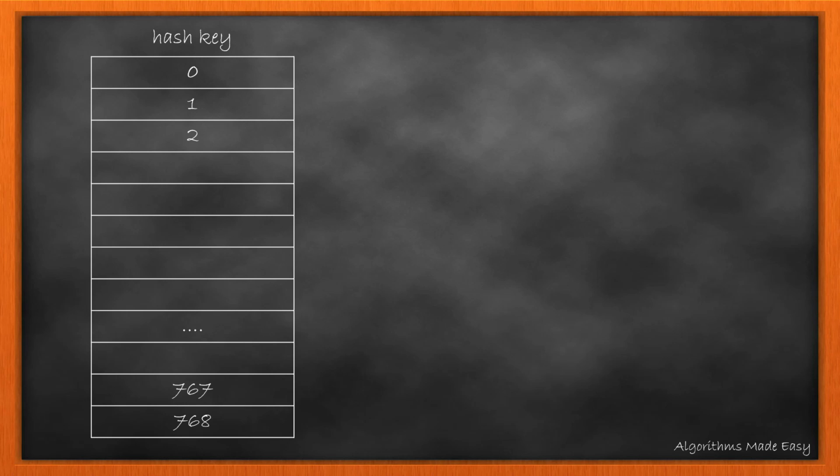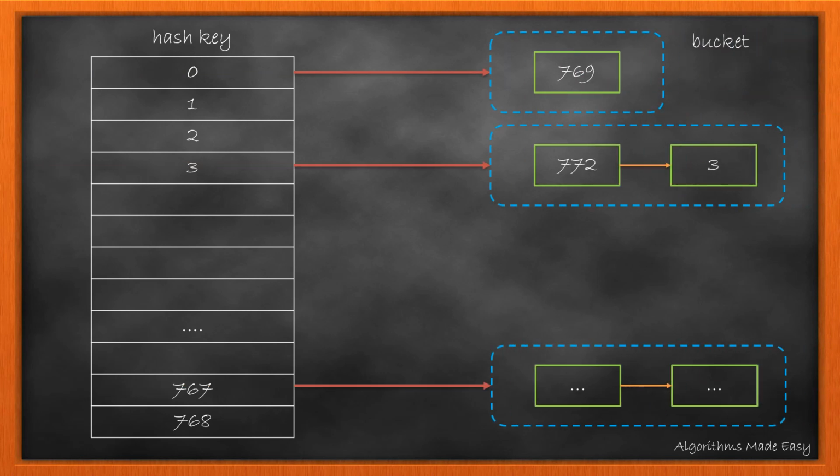With base modulo as 769, this is how the buckets will look like, each with a unique hash key. Now at each of these buckets we will have a linked list wherein we will store our data. See how the values with their hash equal to the bucket index are stored together.